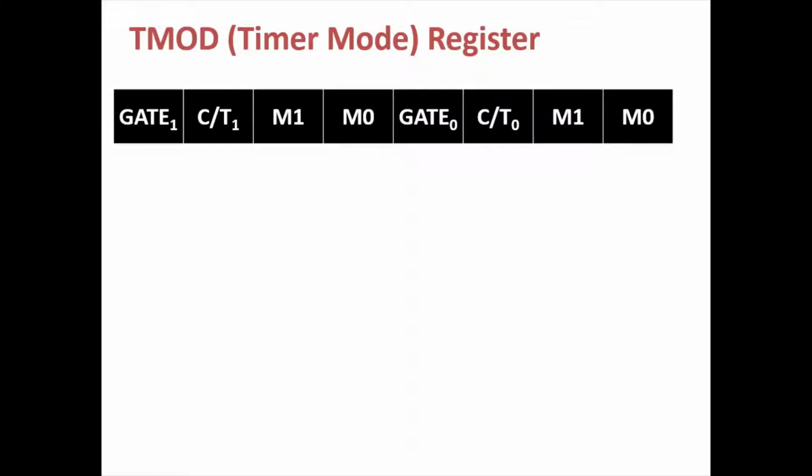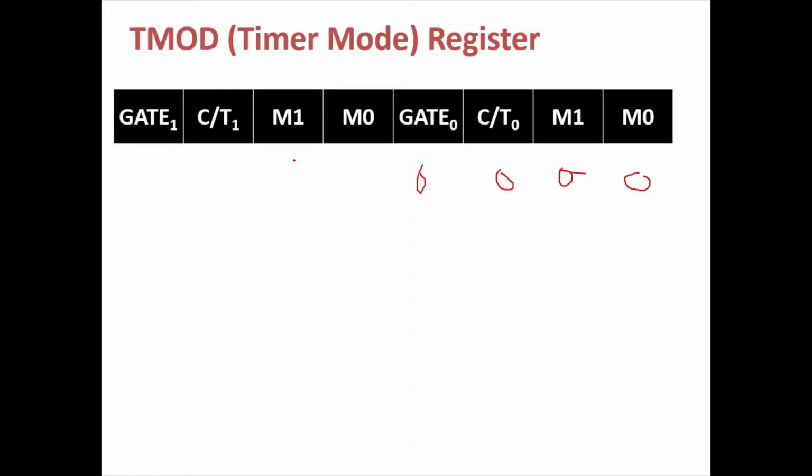Out of 8 bits, timer 0 has no role in serial communication, so the timer 0 related lower order 4 bits are set as 0000. As far as the higher order 4 bits are concerned, the 2 bits M1 and M0 are responsible for setting the mode of the timer, and in serial communication mode 2 is used.